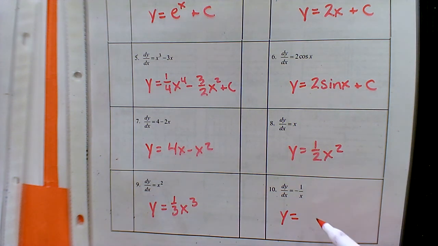Yeah? Natural log of negative x? The negative would just be out front. Okay, that's what I thought. That's okay. Natural log. Good. Okay. So, what we're going to do tomorrow, because the bell's going to ring in a little